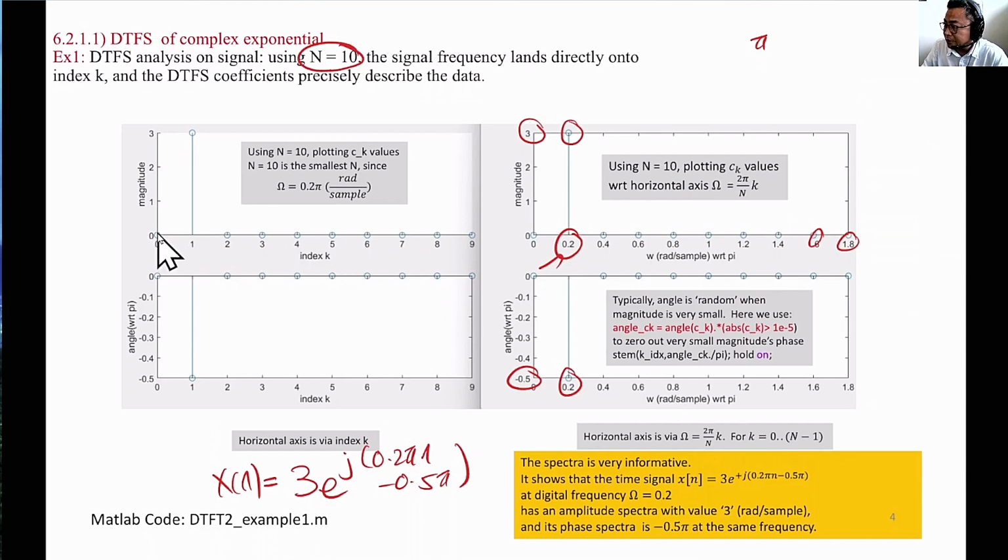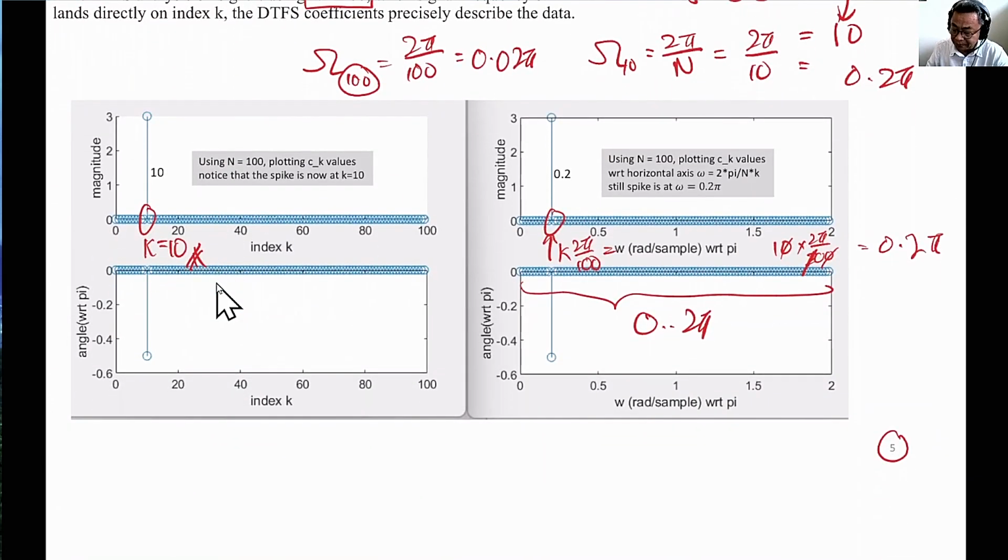What it means is that the resolution along the horizontal axis has changed. The representation of the information should not have changed, and we see that it didn't. So the take-home message is that omega naught is nothing but 2 pi over N,